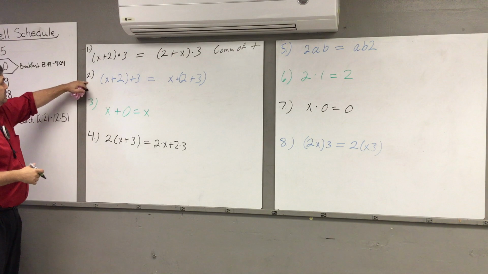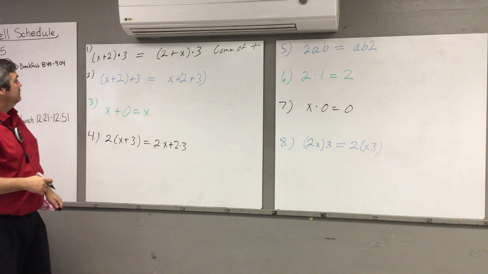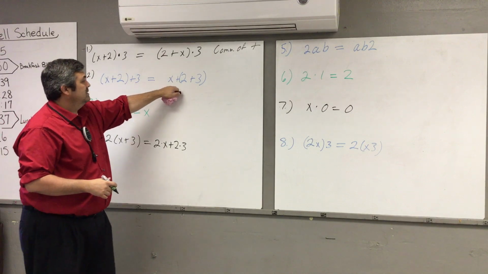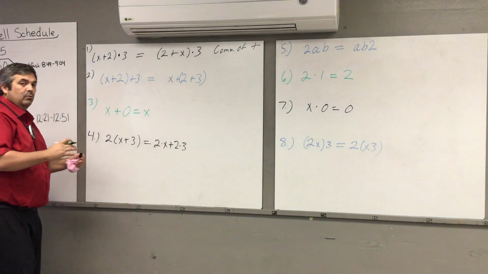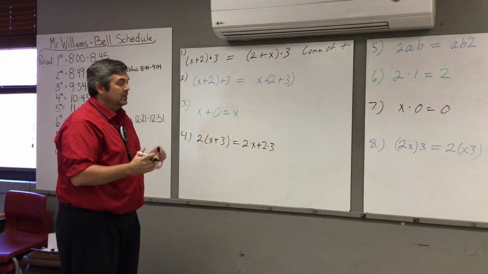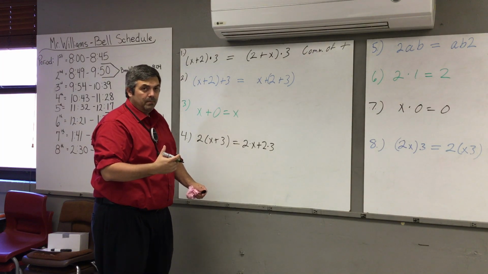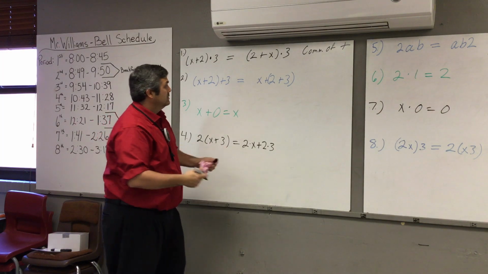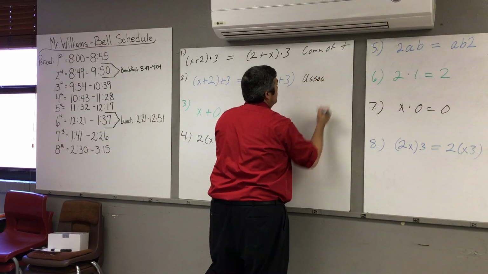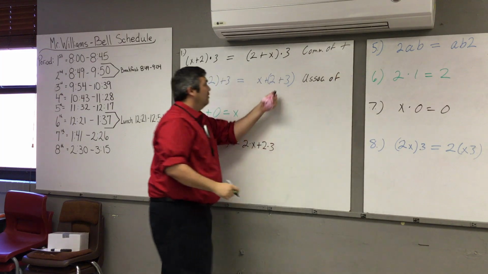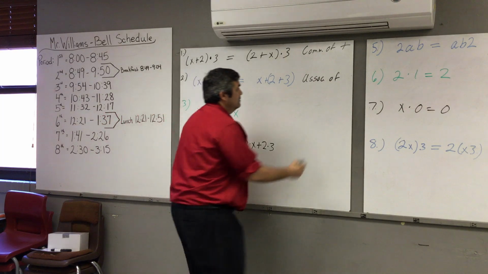Now when you take a look at number 2, (x + 2) + 3 equals x + (2 + 3), okay? Now here we're grouping, we've regrouped this, okay? And our property that regroups is our associative property, it's who you associate with. So this is associative, and now all we're doing is looking to see which operation we're doing. Of addition,